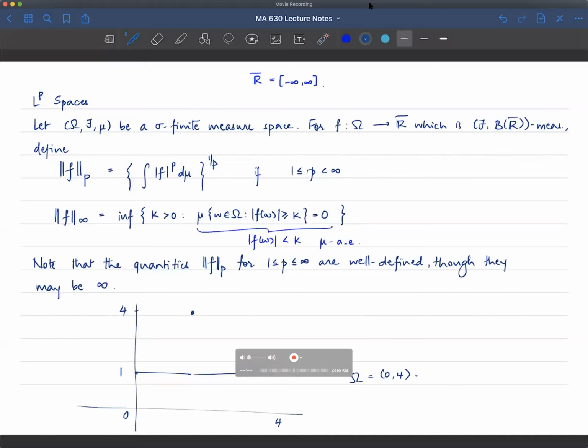Now let's call this point something. This is not drawn to scale, but let's say it's the number 1. Would you say that this function is bounded above by 1? No, you would not. But let me ask you, what is the length of the set where it is bigger than 1? It's a singleton. So what is the length of that set? 0. So that means if you throw away a set of length 0, it's bounded above by 1. Does that make sense?